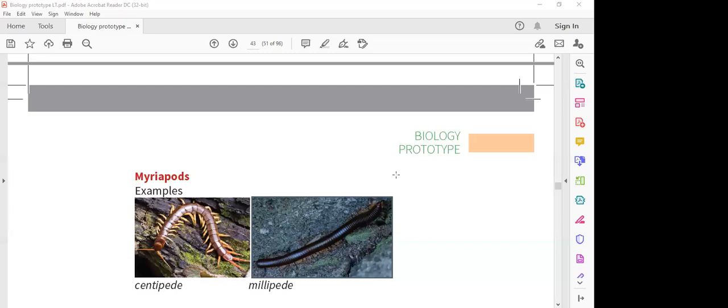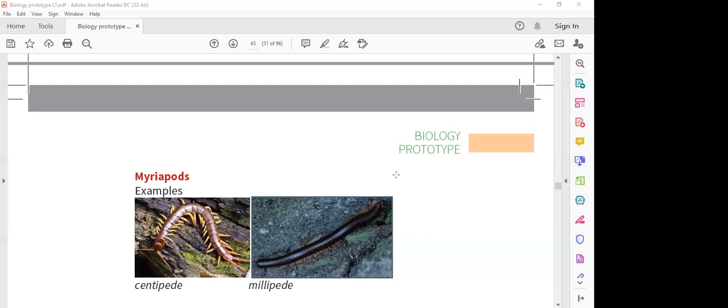In some books you'll find what they call class Myriapoda. So that is a distinction between this class. Here they have put it into one class, but in some books, if you read, they have given the centipede its own class, and the millipede its own class, but they all belong to the Myriapoda. They have an elongated body with several segments. Of course, the millipede has more segments,